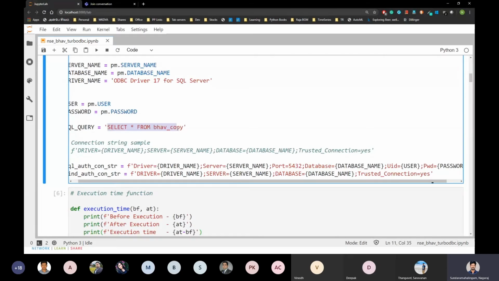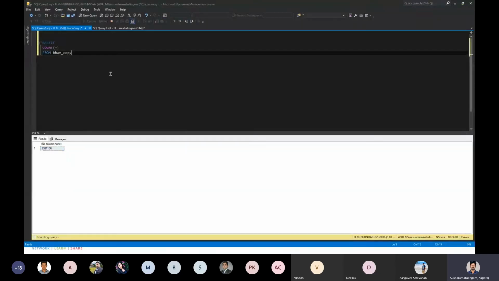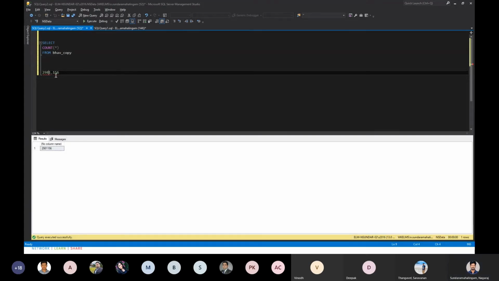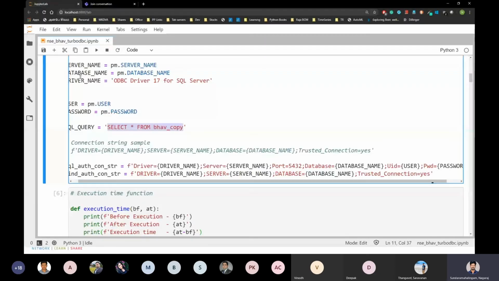So I'm reading a table, select star from pop copy. It's NSC data. It has 29 lakh rows, say 3 million rows.